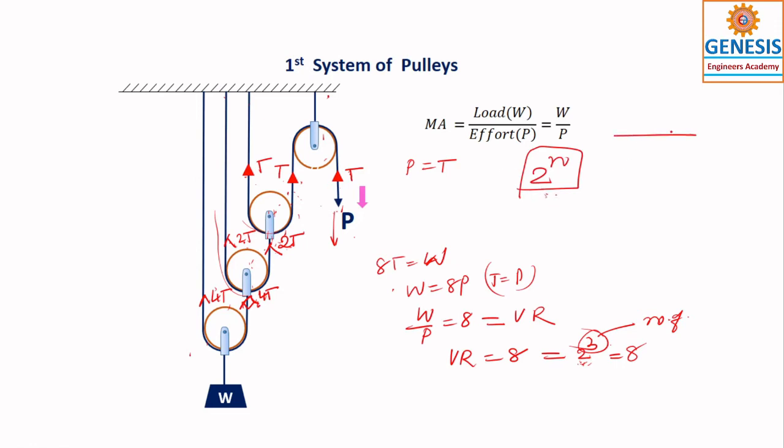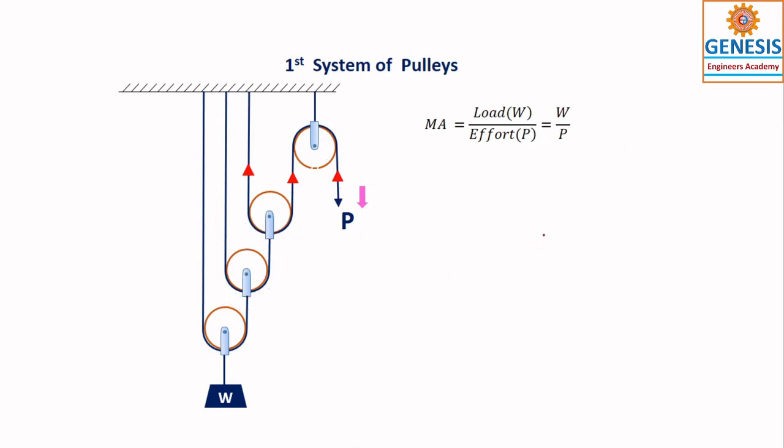So this formula we can also apply for a simple pulley like this. So this is P and the load is W. This is the best way of applying the effort to have the mechanical advantage. Now, knowing the velocity ratio, what load can we apply? Suppose the velocity ratio is 8. The mechanical advantage is equal to the velocity ratio, which is 8. W by P is equal to 8.